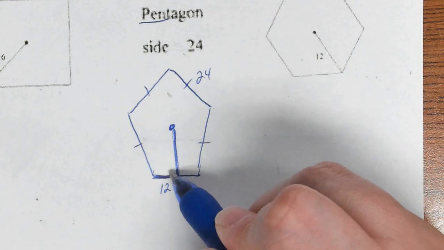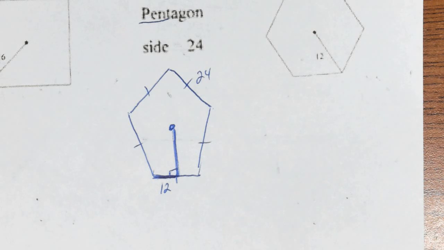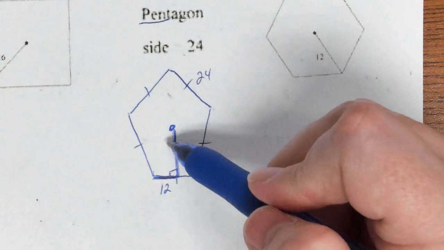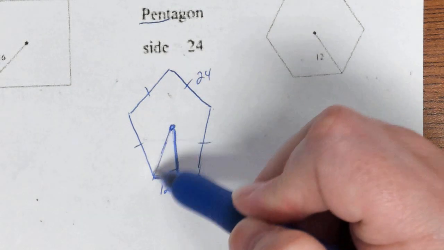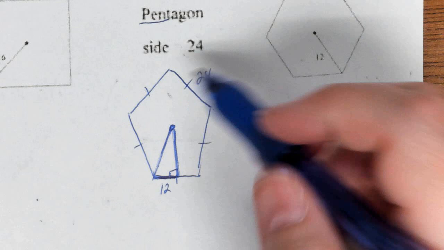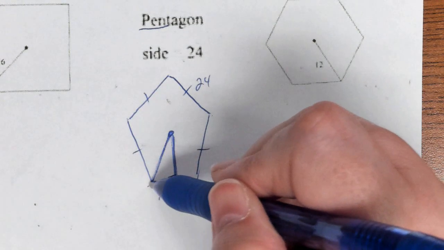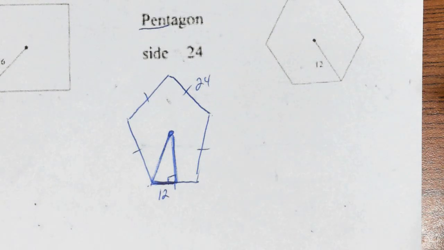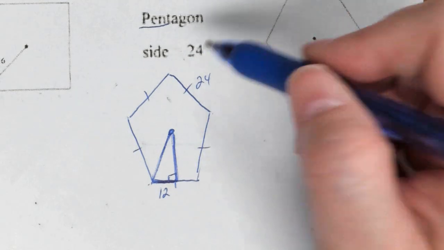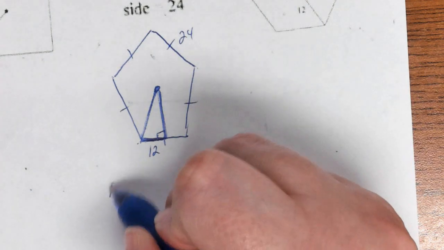12. There's a right angle here, whether or not they draw it for you, because the apothem always makes a right angle. And then this right here is called the radius, just like with a circle, because if you put this inside a circle, that's where it would touch. You're going to focus, in this case, for a formula being 1/2 AP,